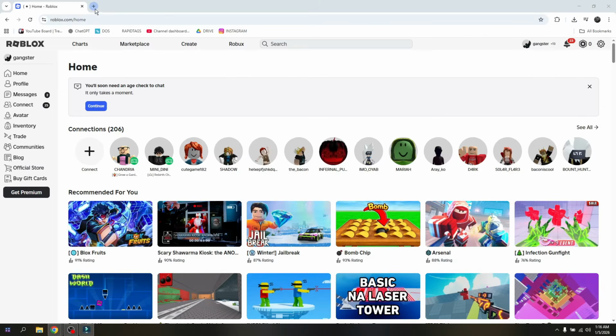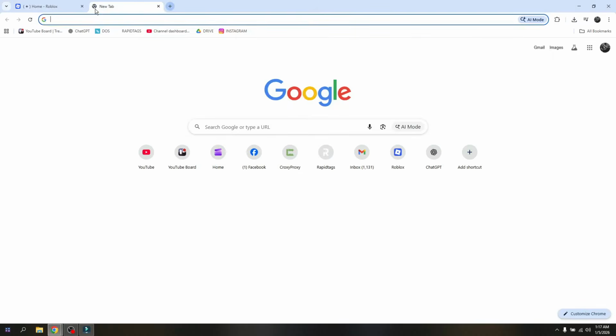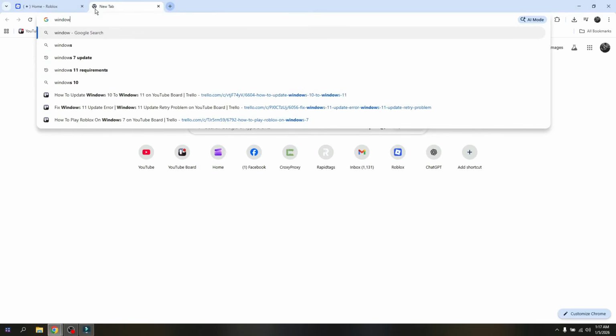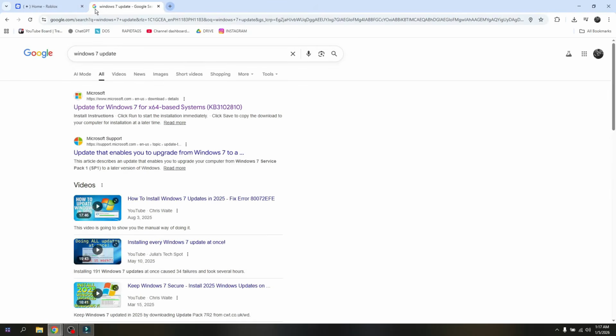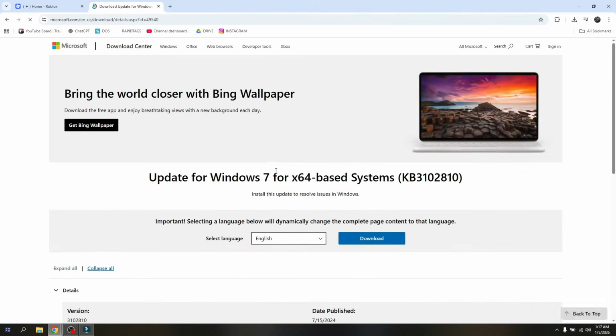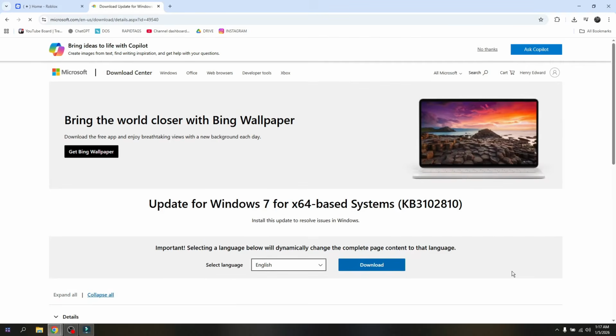And then create a new tab on your browser and type in Windows 7 Update, and then choose the update for Windows 7 for x64. Now, this is going to depend on what base you're currently using. So click that, and from here, just simply download it, and it will automatically update your operating system on your